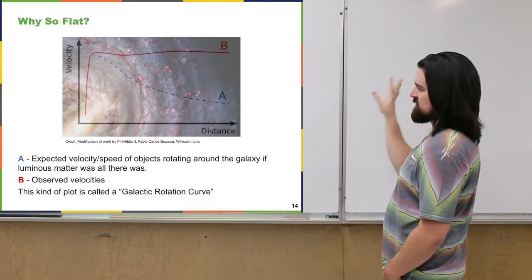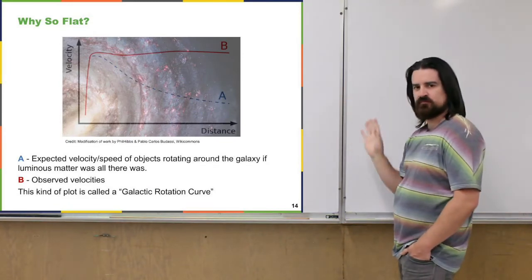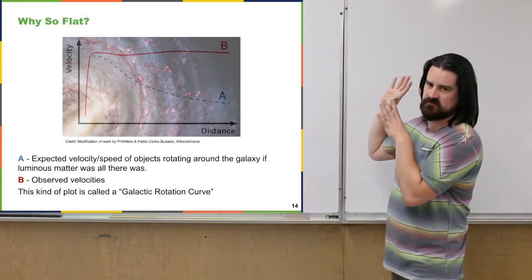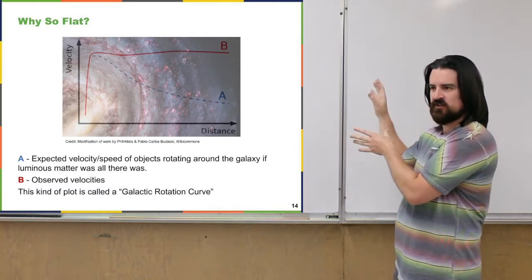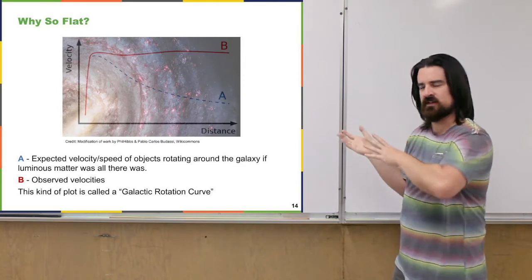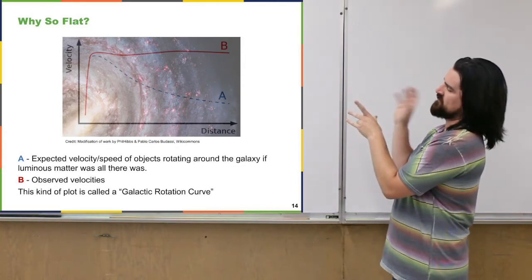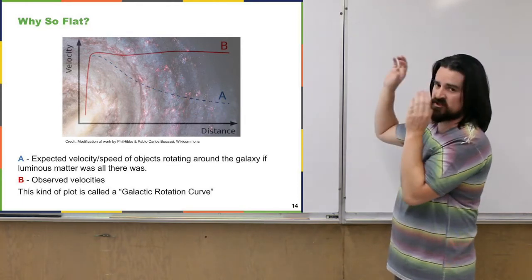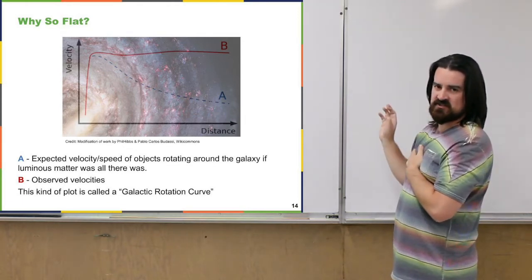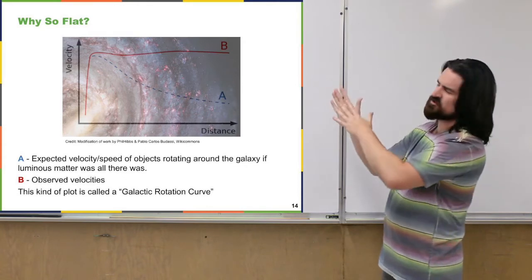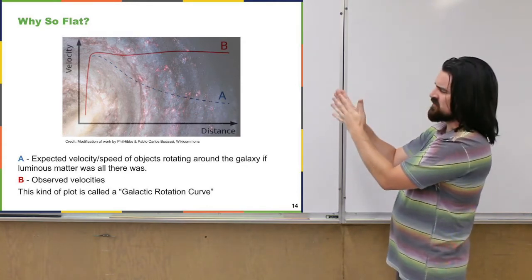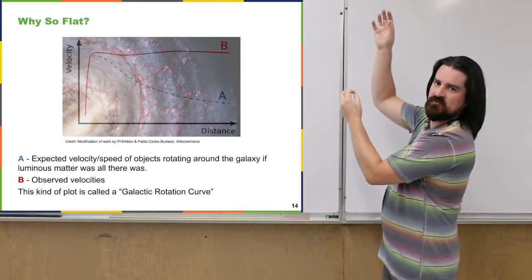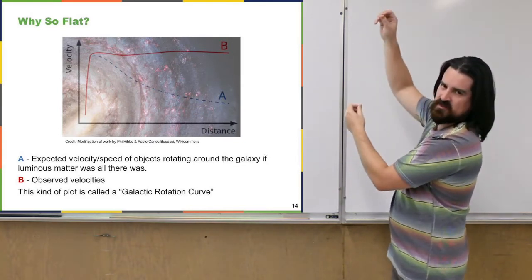Right, so I've been telling you about the movement of stuff throughout the galaxy. This is one way of visualizing the difference, or the kind of problem that we have. This is a graph of the distance you get away from the center of the galaxy and how fast objects are moving at that distance from the center. Very near the center can be a little bit weird, but if you get a little bit of a way away from the center, things are moving very fast. The plot jumps up really fast.